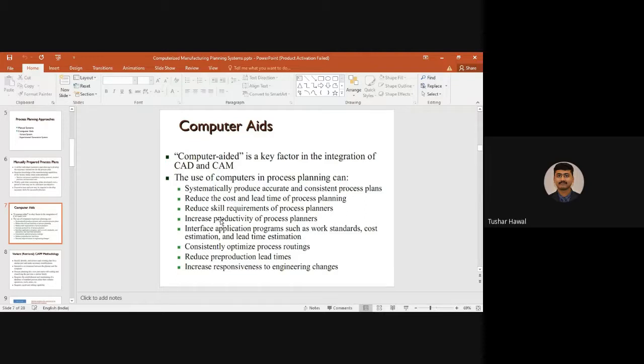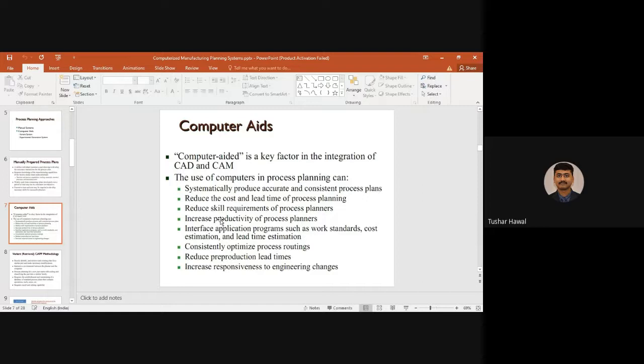The way you feed the data to the computers is going to help your computers to systematically produce accurate and consistent process plans. It is also going to help you reduce the cost and lead time of the process planning. Of course, because when the super knowledge is involved from the computers, you can expect the cost to be greatly reduced, and also the lead time for the process planning.